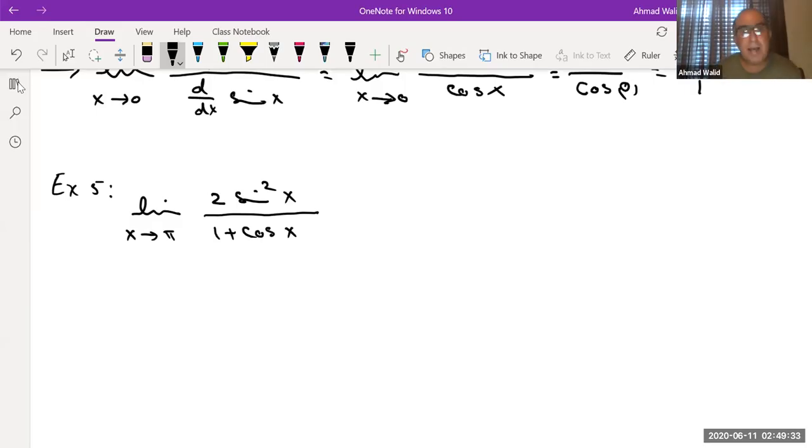Again, if you plug in the value here, the sine of pi is 0. 0 times 2 gives you 0. Over, if you plug in here,